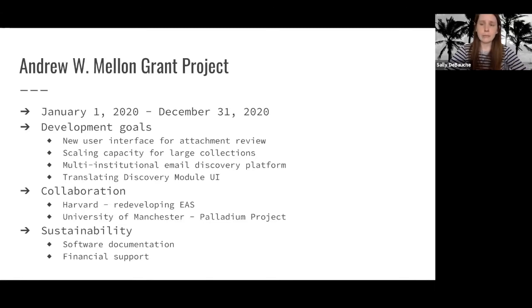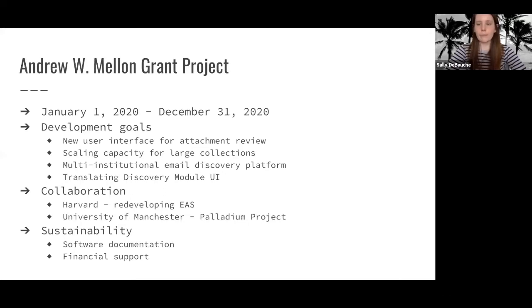They have been really deeply interested in how researchers access email collections. And they, independently of us, actually developed a version of ePADD's delivery module that provides full text of email collections online. So we've kind of joined forces with them this year to work on some of these ideas surrounding access to email. And finally, sustainability is always a focus.